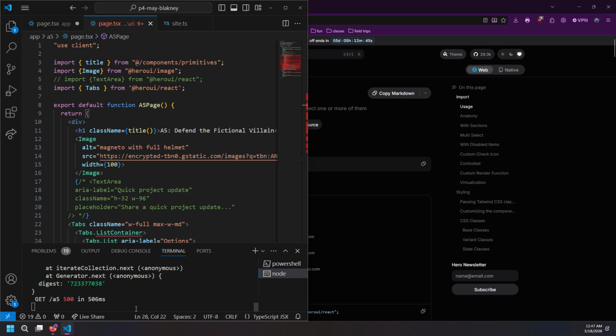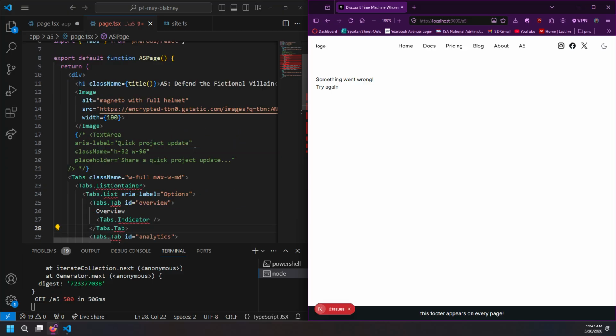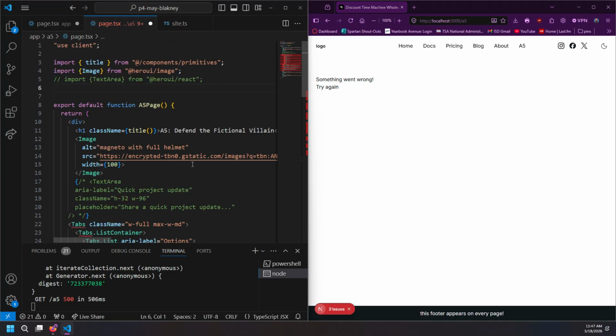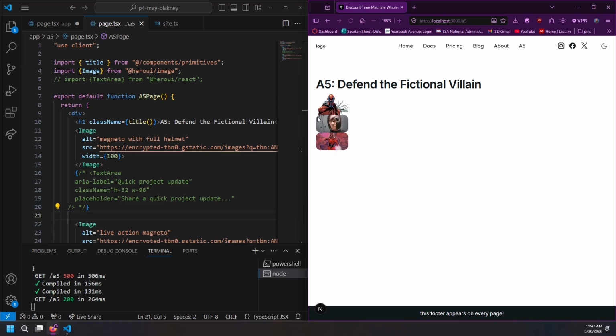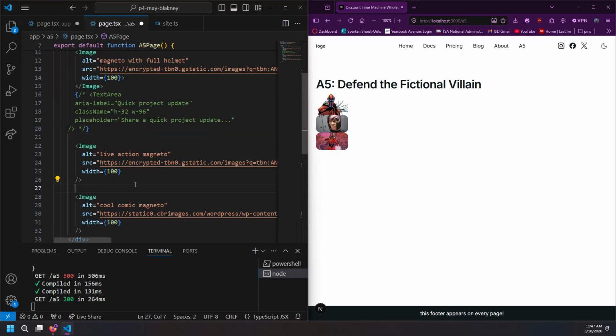All right. So mine was working earlier. It's now not working, obviously, because something's gone wrong. What I'll have you do, let me undo a couple of these so we're back to a functional Magneto image. Let's get rid of our import, get rid of our tab group, save it, and let's see if my page is working once again. Add some text on your A5 with examples